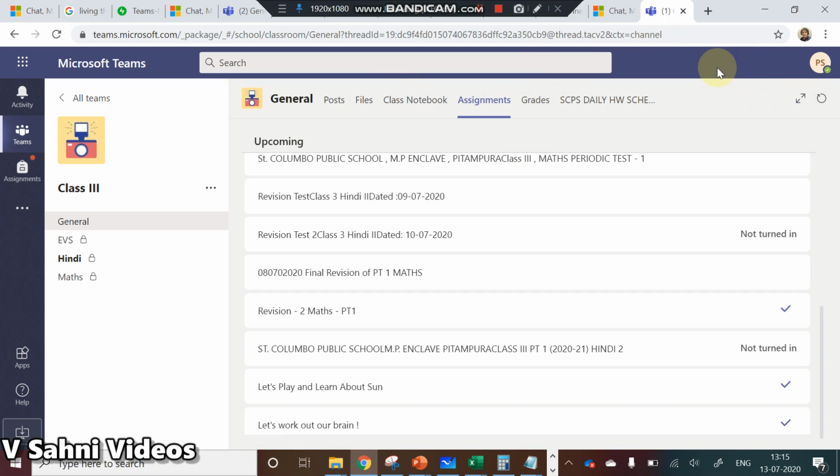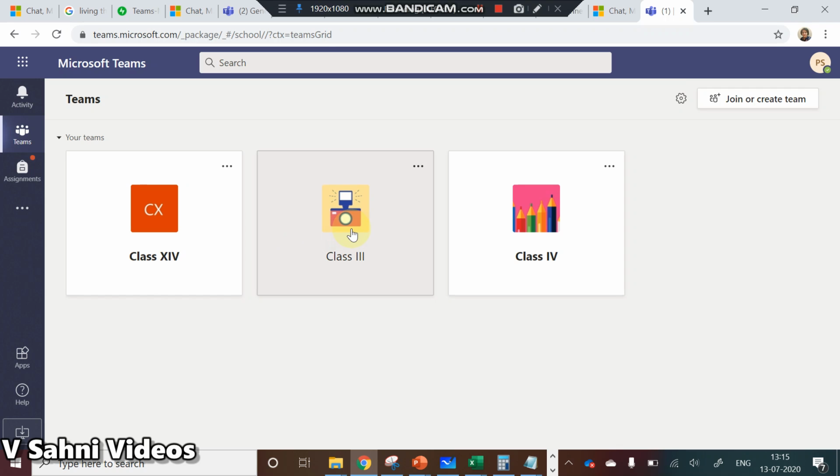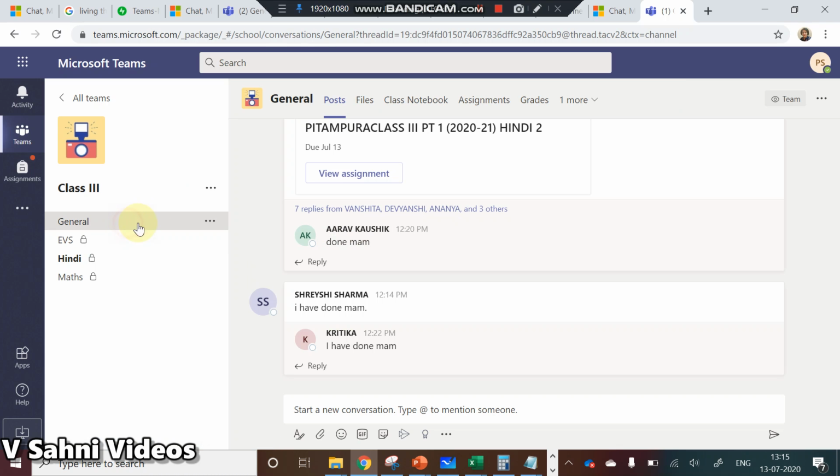Now what about the mobile users? For mobile users you have to use the same path. You have to go to Teams, go to class 3, go to general, and then go to the more tab. Let me just write it for you. You will have only posts and files, and you will have a more tab there.